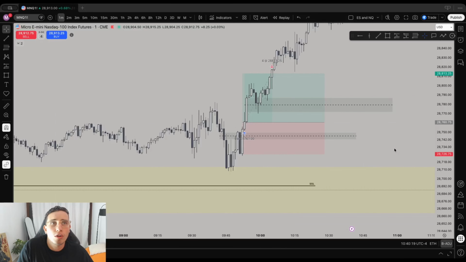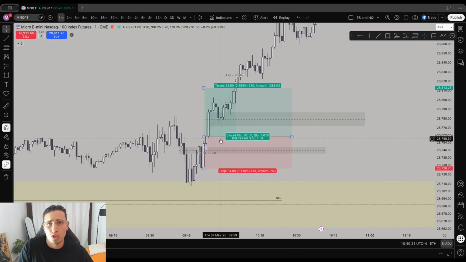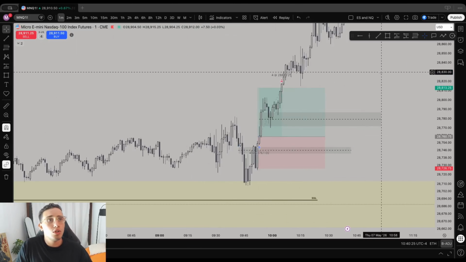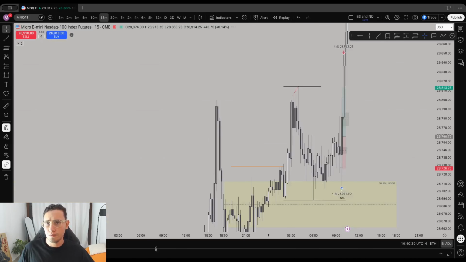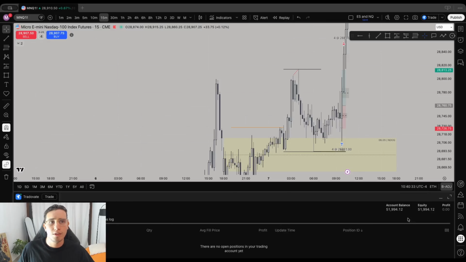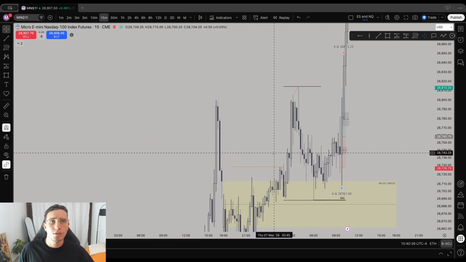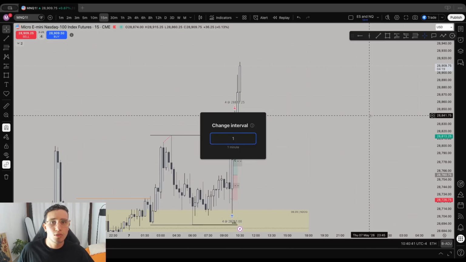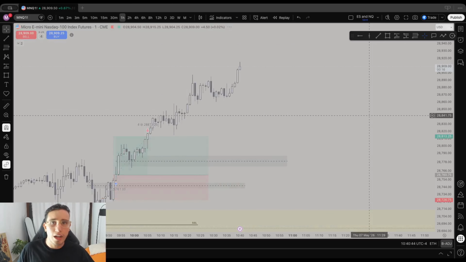We took a long on NQ today. Literally no drawdown, entered to TP. So let's go on the higher time frame directly and show you the trade. First of all, I'm going to show you guys I'm on a trade of 8. So much we're up. This is a funded account, so yeah, we're very close to a payout. So let's go to the higher time frame.